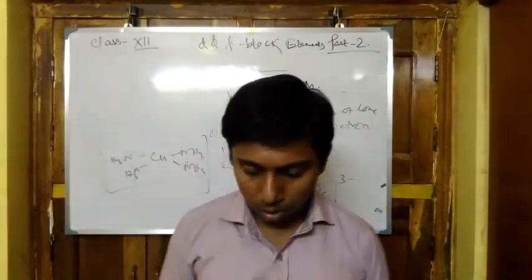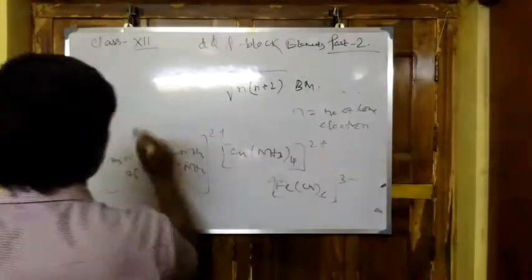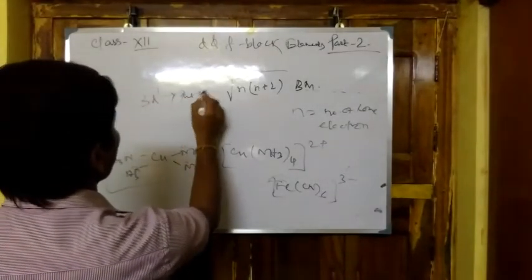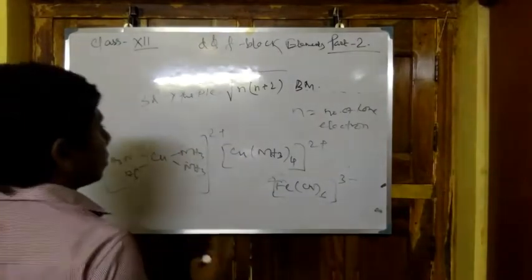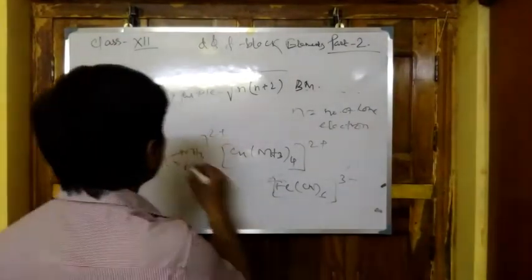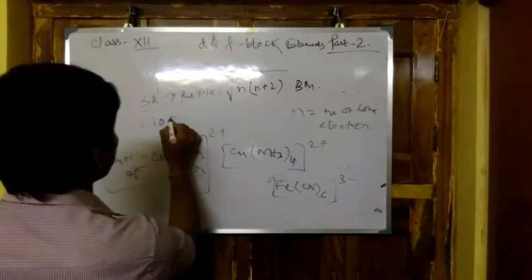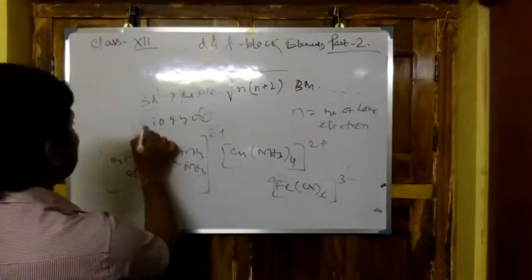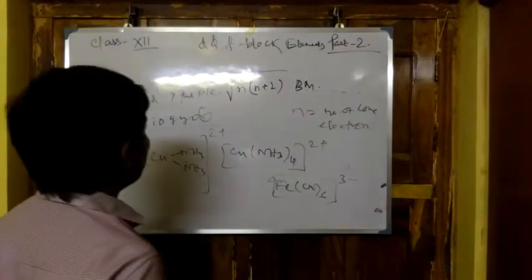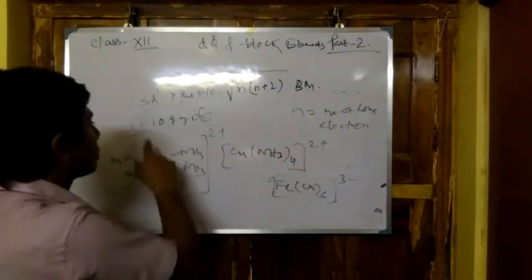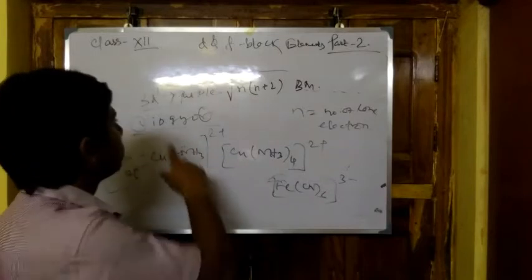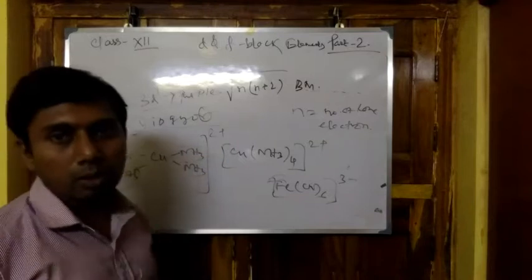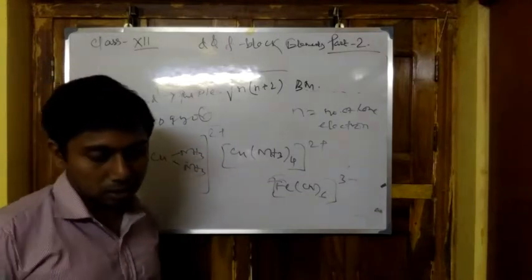For example, 3d1 comes with purple color. So purple, we know that in the spectrum, this is of least energy, this is of higher energy. Now here purple comes under the higher energy, so it will absorb that of lower energy and then it will release that of higher energy.